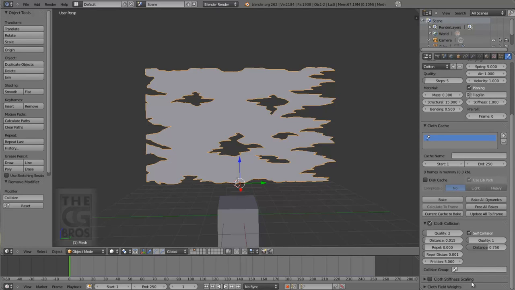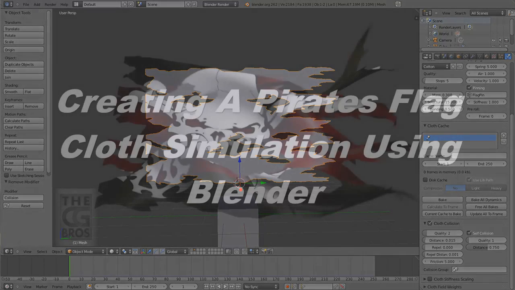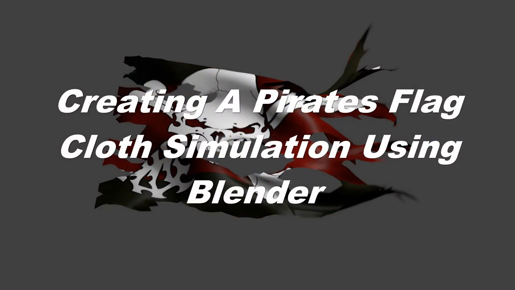Alright, let's go ahead and stop it here. Please join me in part 2, where we'll make some further refinements to the settings on our cloth simulation. And I'll show you how to create and adjust wind and turbulence forces that will result in a more sophisticated cloth